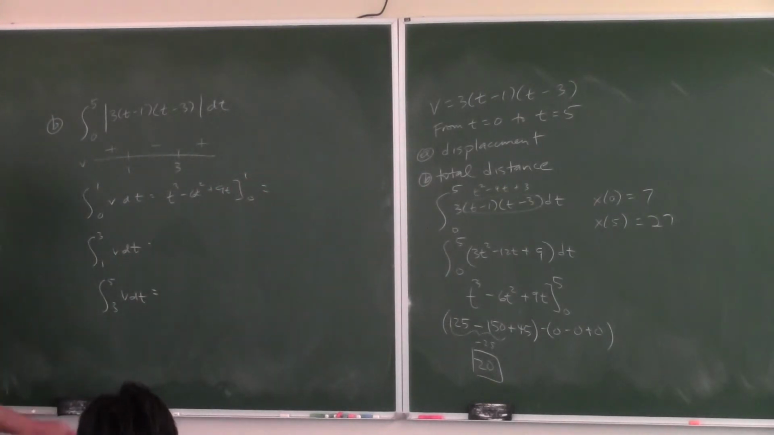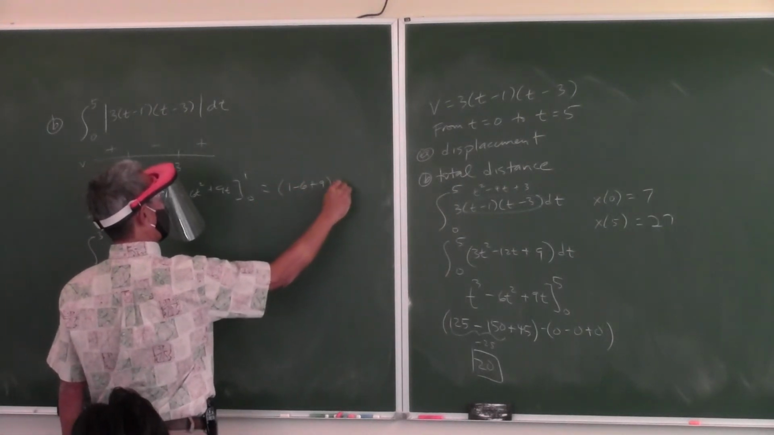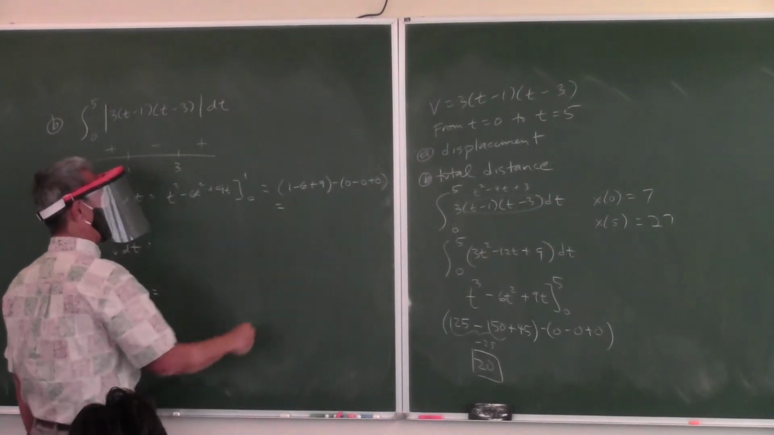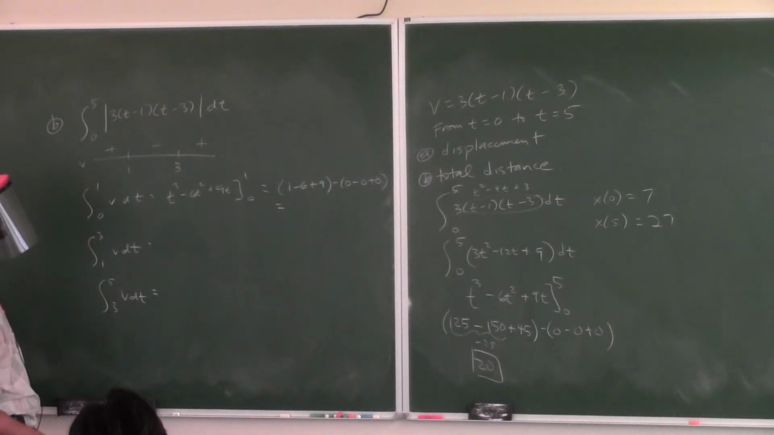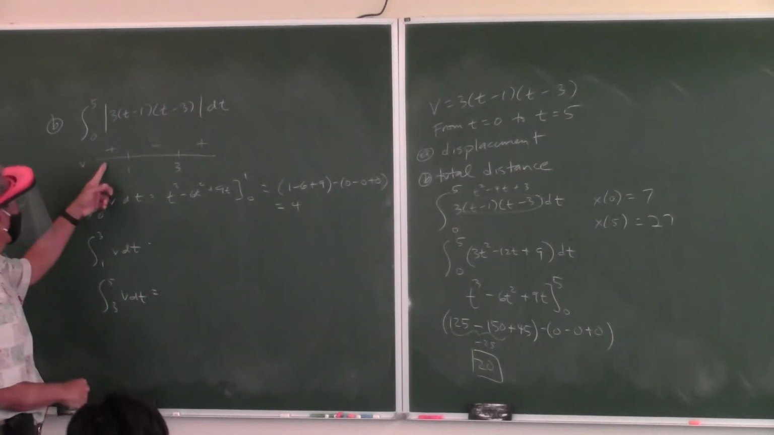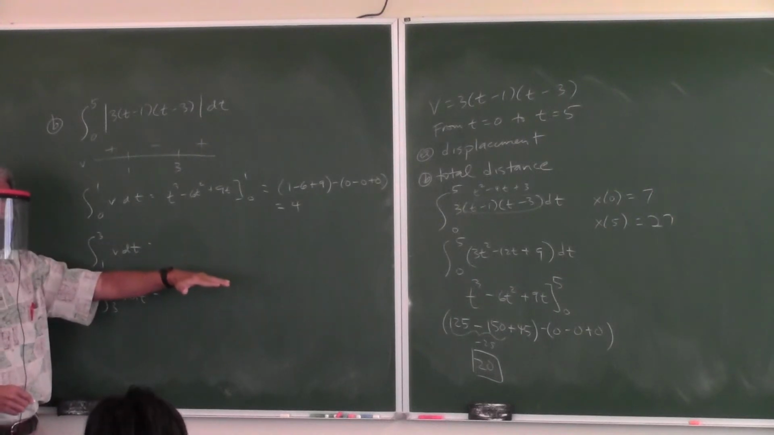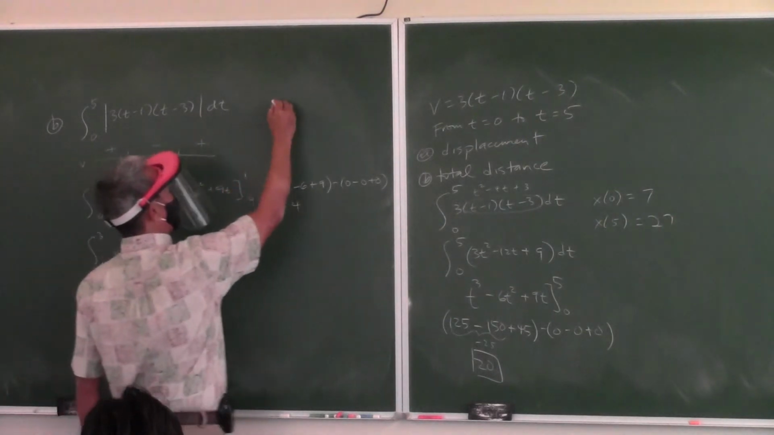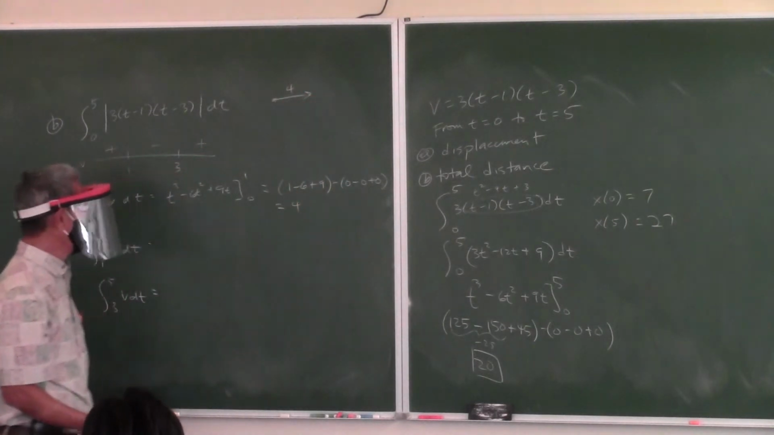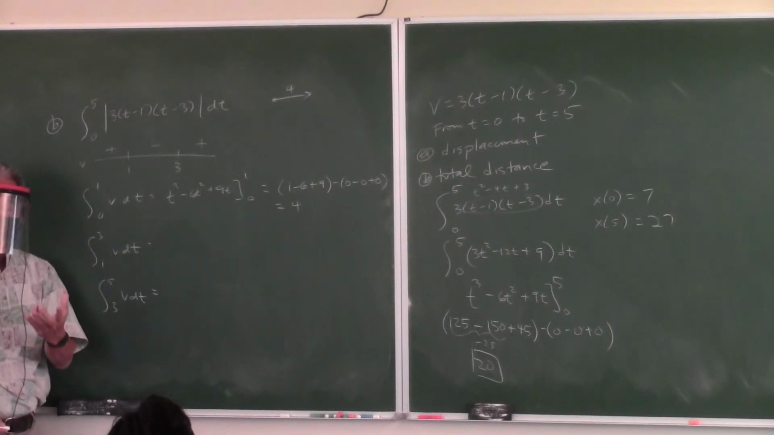Okay, plug in the top number. 1 minus 0 minus 0 plus 0. And that comes out to 4. Now, what does that mean? From 0 to 1 seconds, the particle traveled 4 units to the right. That's what it means. So wherever the starting place was, it traveled 4 units to the right. That's what happened. Okay, now here, the velocity is negative, so now we're going to compute how far it went